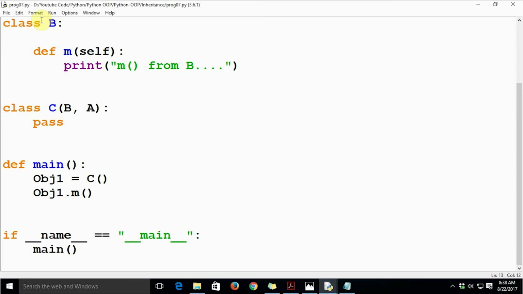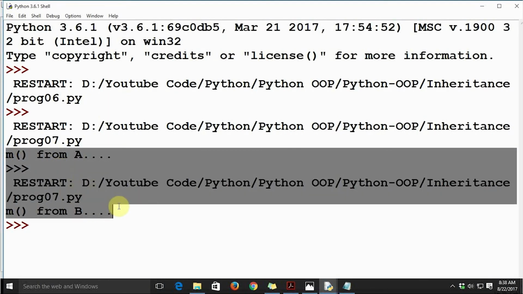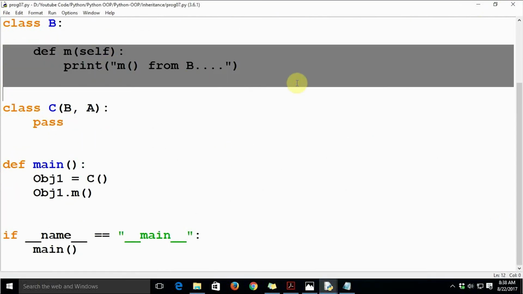Earlier we derived class C from class A first and class B later on, and here we are reversing the roles, replacing A by B and B by A. Now let's run the code and we will be able to see the difference. As you can see on the screen, earlier it used to return m from A, and now it is returning m from B.